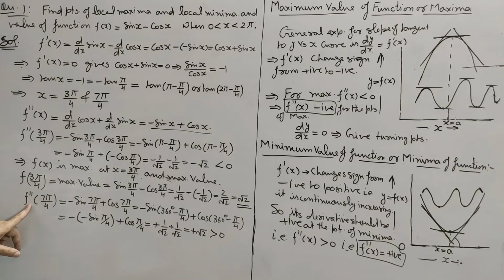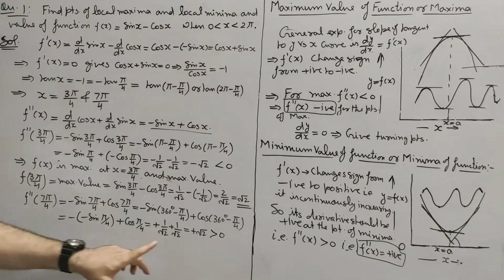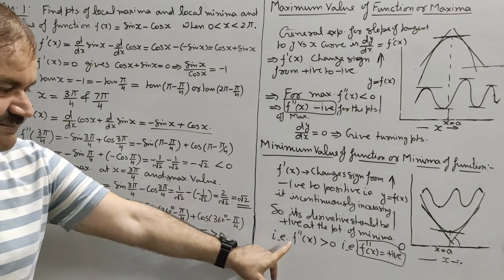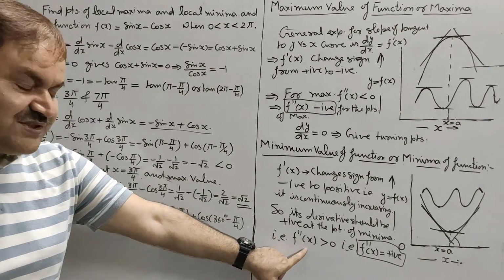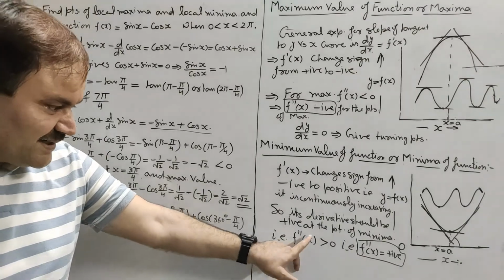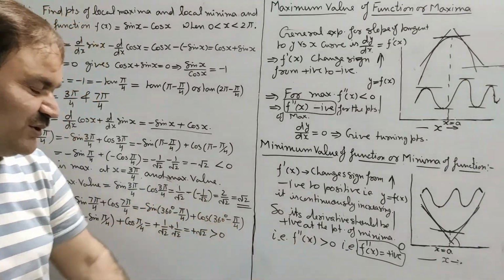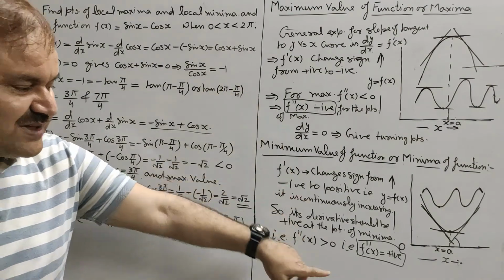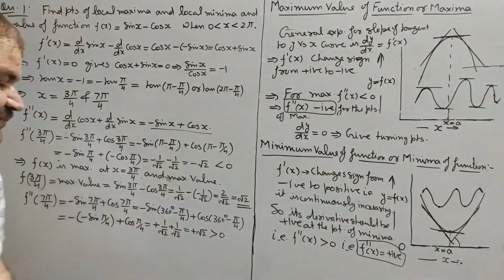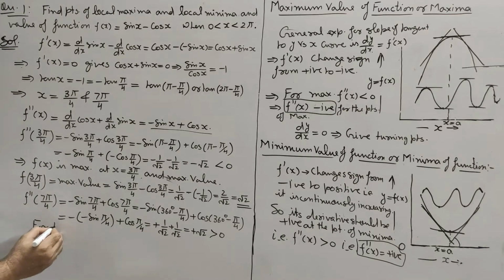So f double dash 7 pi by 4 is greater than 0, and when second derivative of function at any value of x is greater than 0, then for that value of x the function will be minimum. So for 7 pi by 4,